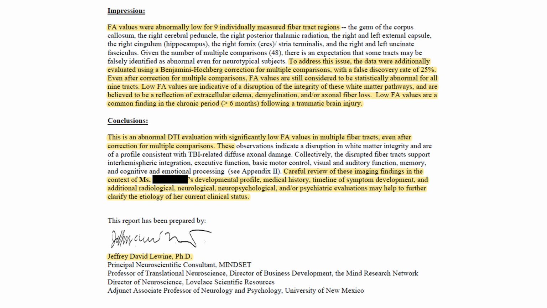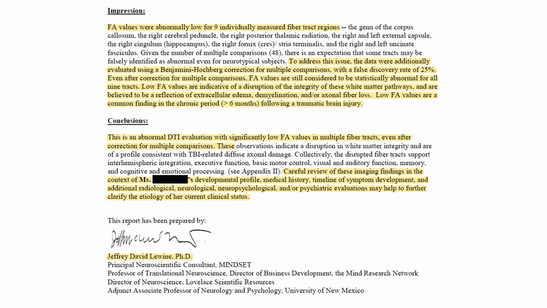To address this issue, the data were additionally evaluated using the Benjamini-Hochberg correction for multiple comparisons. In this particular case, the FA values after this evaluation were considered to be statistically abnormal for all 9 regions. What's the conclusion? It's an abnormal DTI evaluation with significantly low FA values in multiple fibers, even after correction for